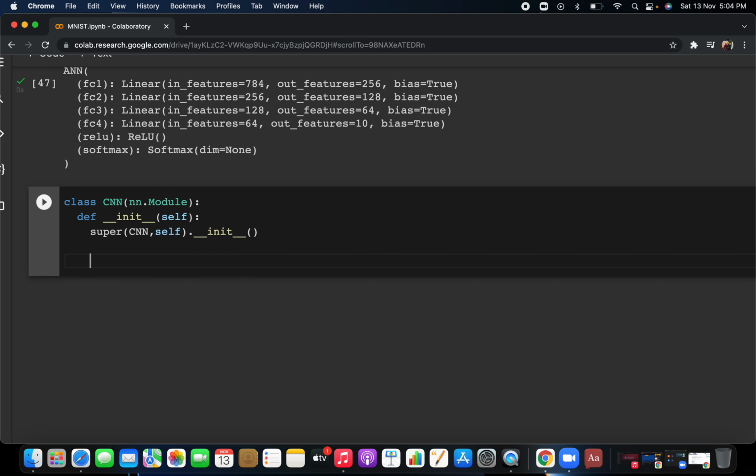Now let's see how we are building a convolutional neural network. You already know why we use CNN rather than ANN. CNN is used when we are dealing with image and video datasets. At that time CNN gives more accuracy as compared to ANN, because in CNN you only focus on the most important area, the particular area of the image where the object is present. The CNN model will focus on that area rather than on the whole image area.